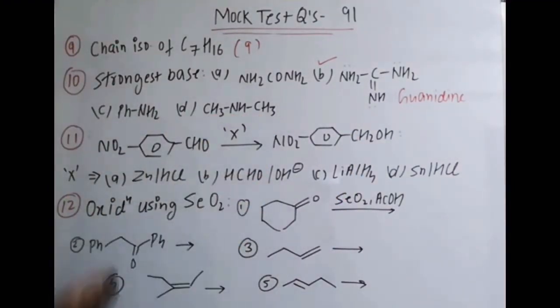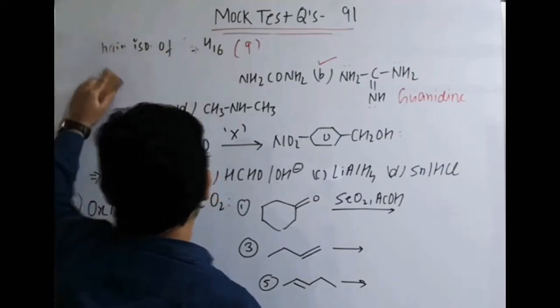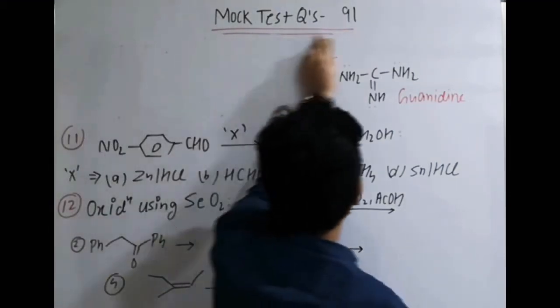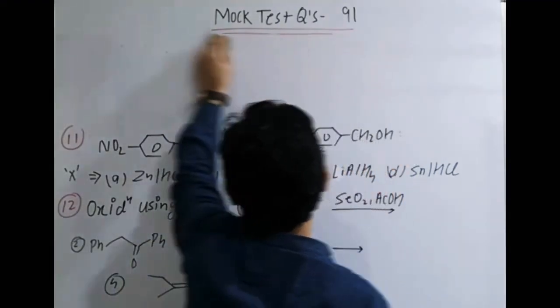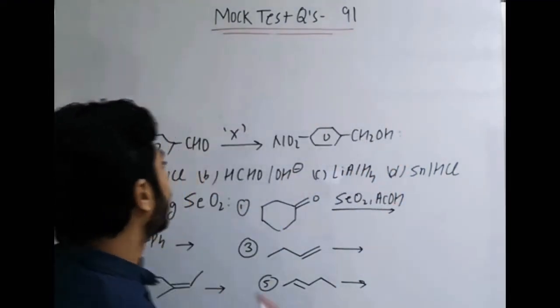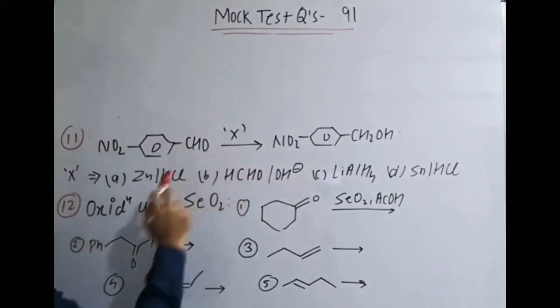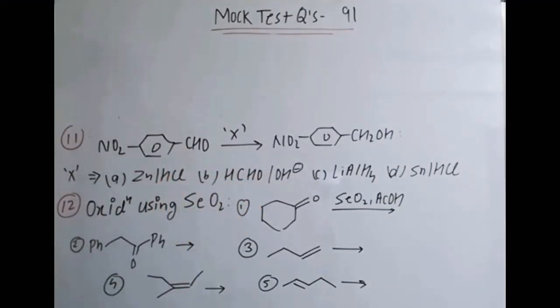So among them the answer is only B. Next question: this is the compound given, para-nitrobenzaldehyde, and then reagent X is taken and you are getting the alcohol here. Identify which is clearly possible. We know zinc HCl will convert it into CH3. HCHO with OH- means it is a Cannizzaro reaction. With Cannizzaro reaction, we know